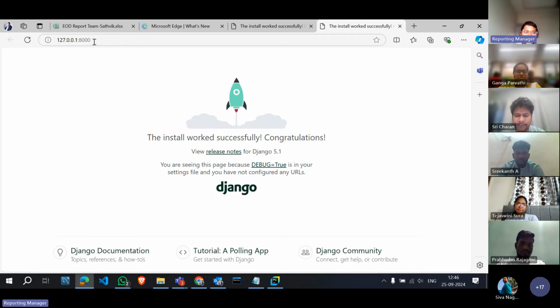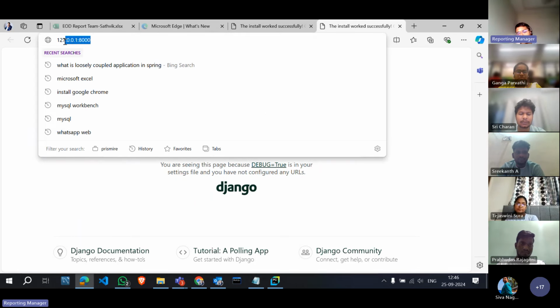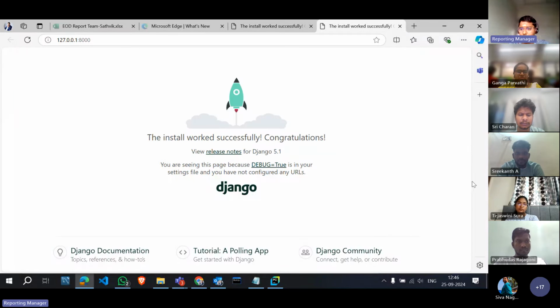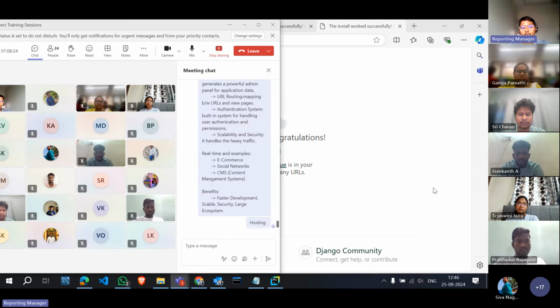So this is the URL, 127.0.0.1. It is localhost, the same for every system. If you run the server on your system also, you get 127.0.0.1 colon 8000. Since we are working on the back end, we need to know basic networking